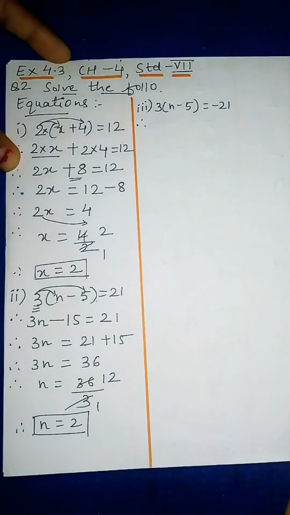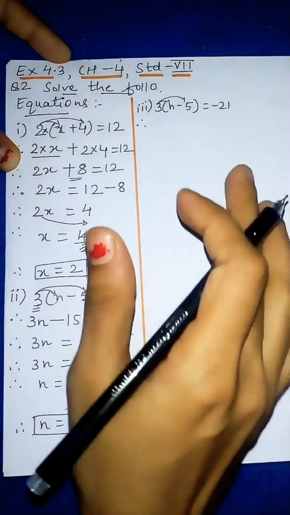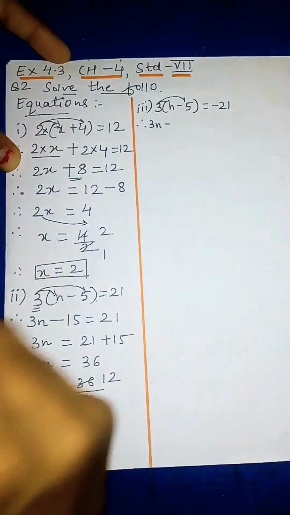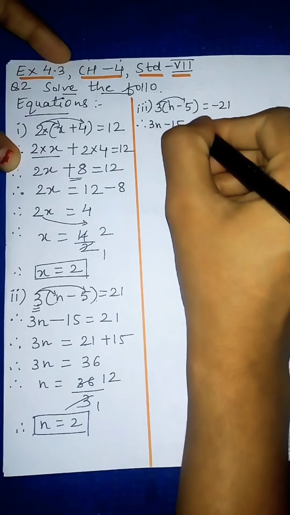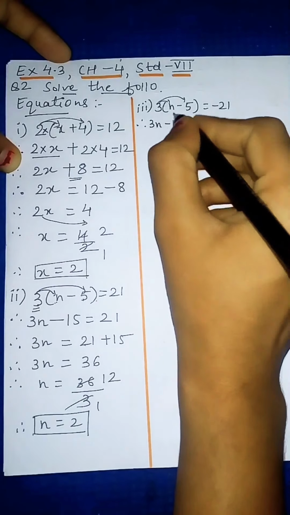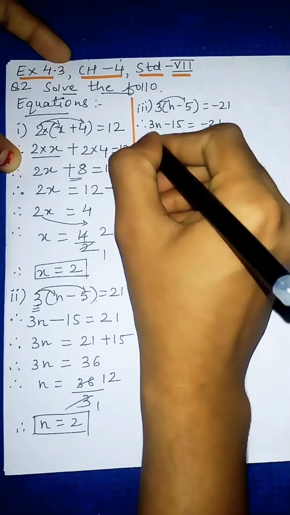So minus is given, no problem. This is also very simple. Let us start. First step is the same. We will multiply 3 with this n and with this 5. With both we will multiply. So 3 into n will be 3n, minus 3 5s will be 15. And this side minus 21. Okay. Now this minus 15 we will take it that side. So it will become